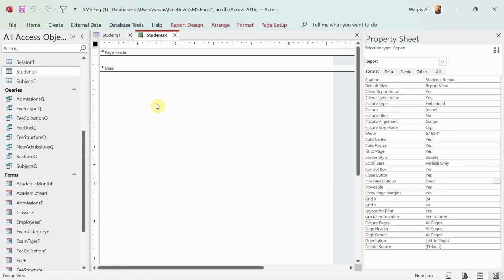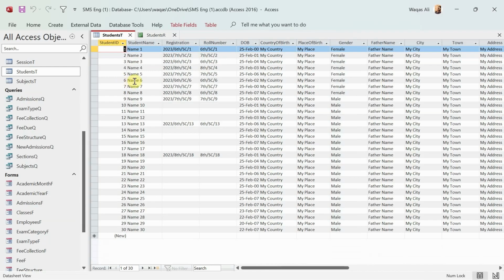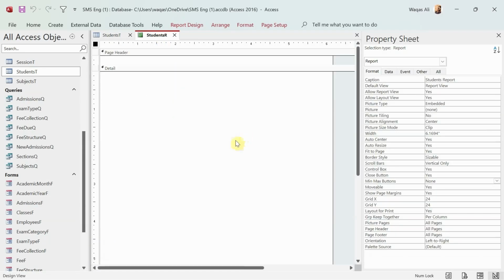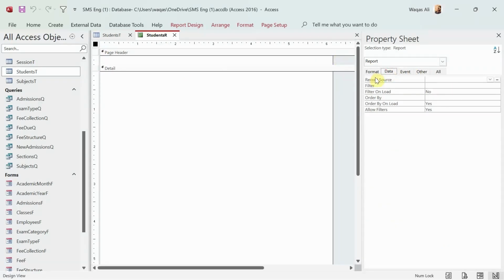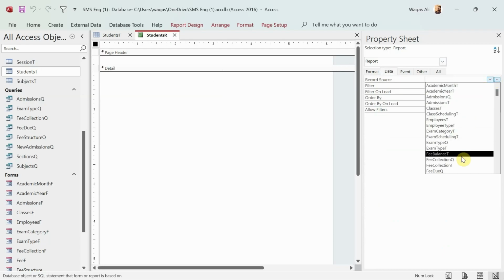Now let's bind this report with the data. Basically we will see the students on the report. So how do we do that? Well, we'll select the report, we'll go to the property sheet, we'll go to the data tab, and in the record source we will choose the table called students. All right,